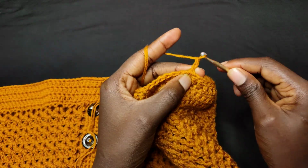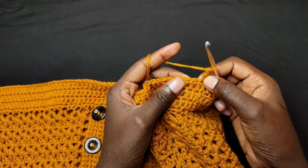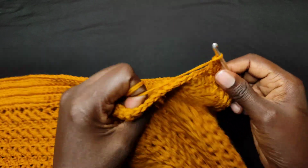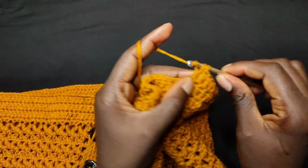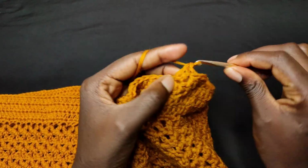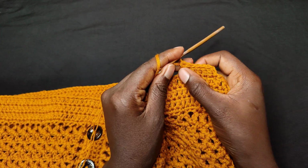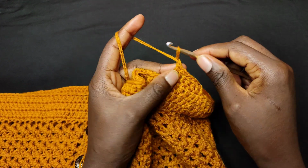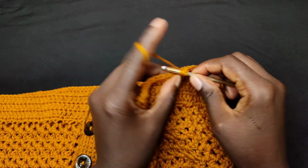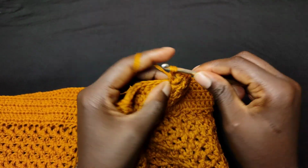You're just going to chain 2, and into the first stitch make your double crochet. So 1, 2, 3, 4, 5 and 6. So I've made 6 double crochets, 1, 2, 3, 4, 5 and 6. Now I'm going to chain 1 and skip the next stitch, go to the second one and make a double crochet, chain 1 and go into the same stitch with a double crochet,